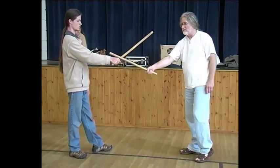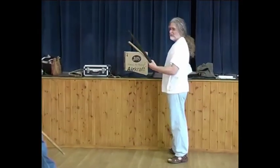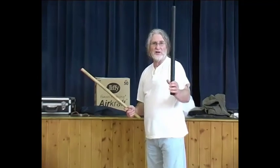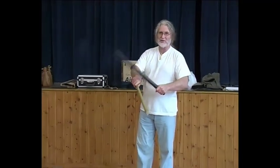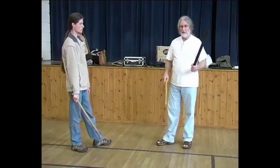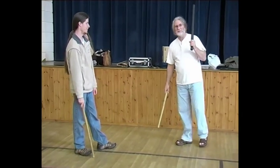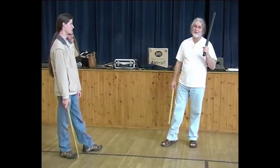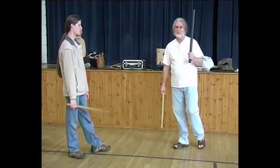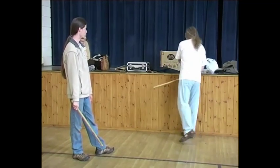That's where a pair of gloves would really come in handy, or a pair of these things. A pair of those things might be advantageous if we all got some. You can't take a whack with them, but at least you're not going to graze, cut your skin or do some real damage. I used to have one that was made out of sauerbraten, and you could take a fairly good whack with it. But these ones have got wood inside them. So, but at least they're better than just the wood,